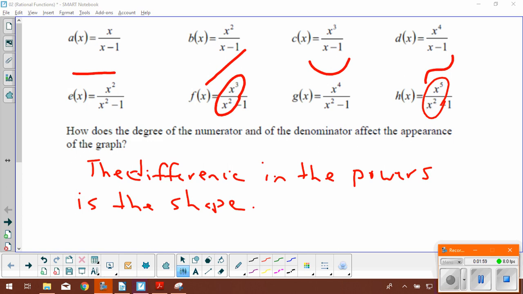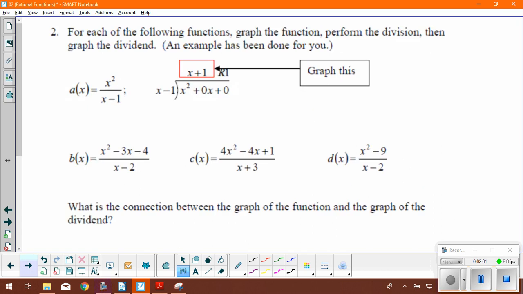Okay, for the bottom half, hopefully what you noticed when you ran these through, all of these graphs, when you draw them, some of them might look like this. Okay, some of them may have looked like this. Okay, but in both cases, the dividend, when you added it on, should look like an asymptote kind of running between those, but it's on an angle. Okay, so the key thing to take away from this one